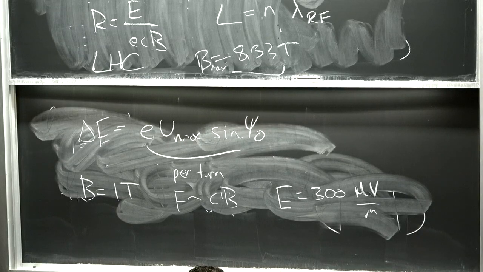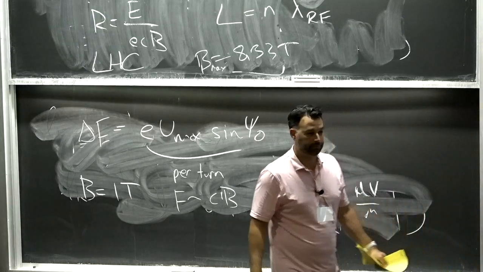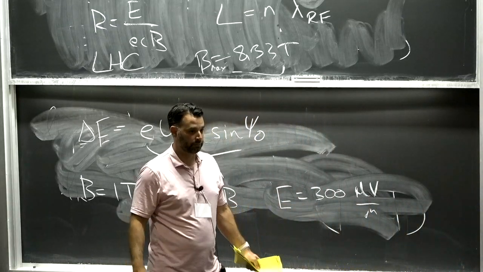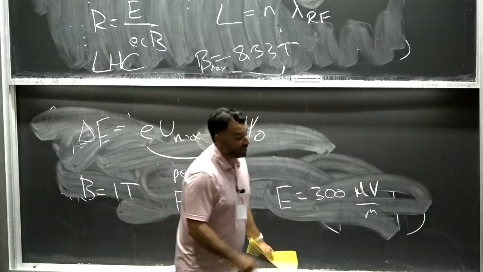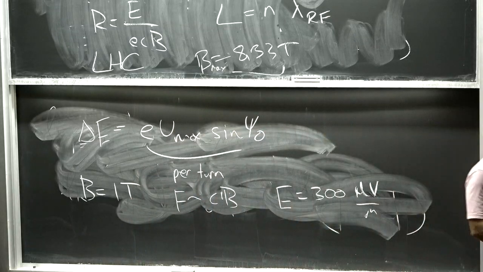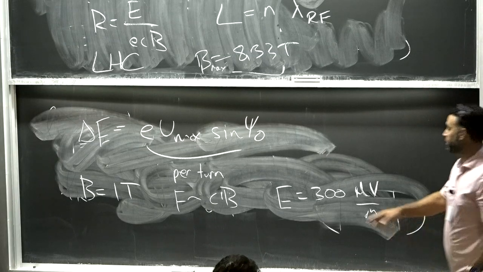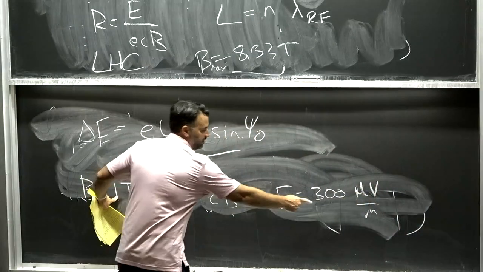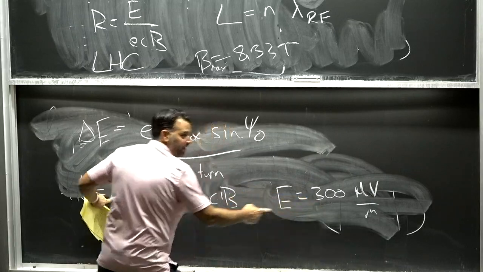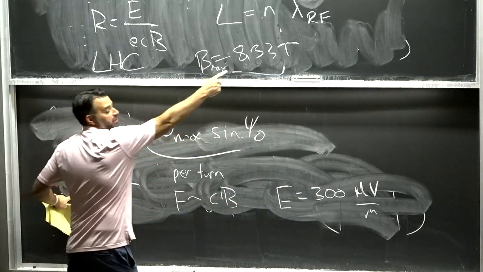The question also is then you're kind of doing it in the transverse direction too, and your cavity would have to be designed differently because you're not doing longitudinal acceleration, you're going transverse. It looks like the cavity shape should just support a transverse mode just by accident. Yeah, so there's a whole part of cavity design too that we can talk about, which are the modes, the longitudinal and transverse modes. But just to give you orders of magnitude, even if you could do that, this is above the maximum. And if you want 27 kilometers, you need 8.33 Tesla.